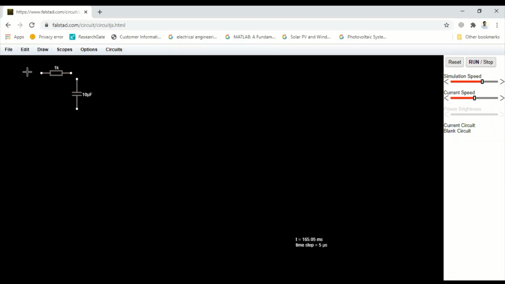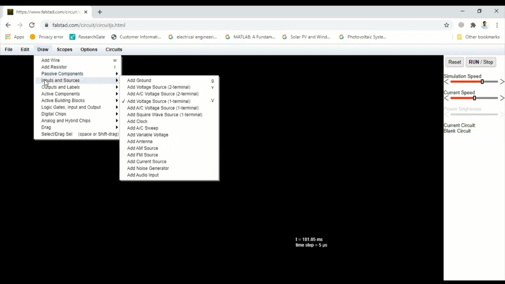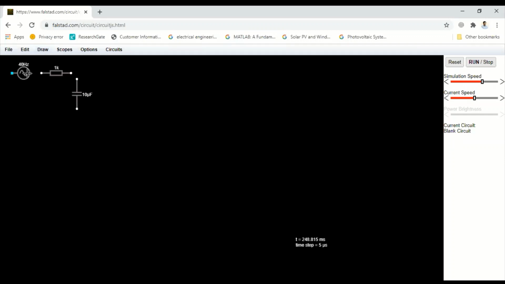Inputs, AC voltage source, drag it. Next we have to connect that with the wire.